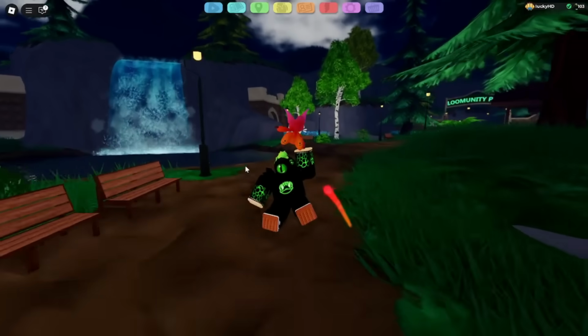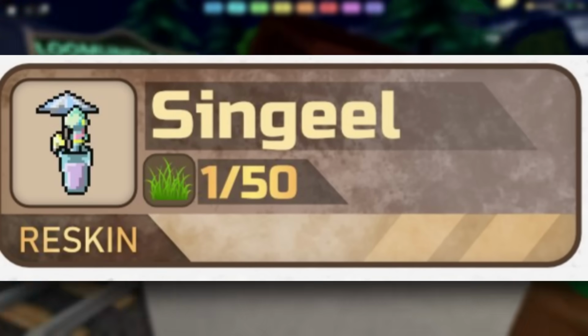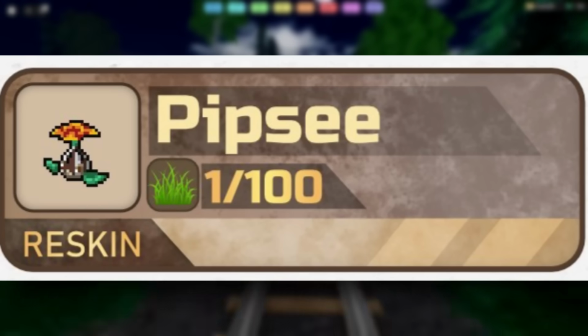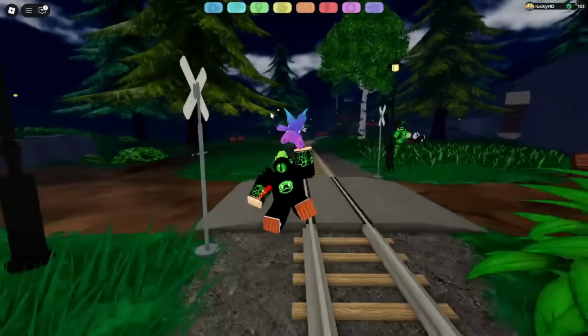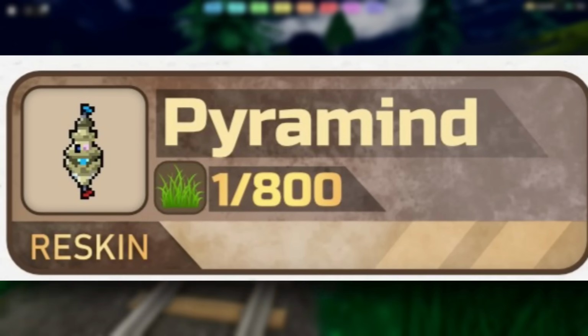Alrighty, next up, let's talk about the Singil reskin. The Singil reskin is going to be a 1 in 50 anywhere out inside of the Loomunity Park Wild. Same with the Pipsy, however, it is 1 in 100 instead. And then we go up further, even past that, if you can believe it, for 1 in 800 for the